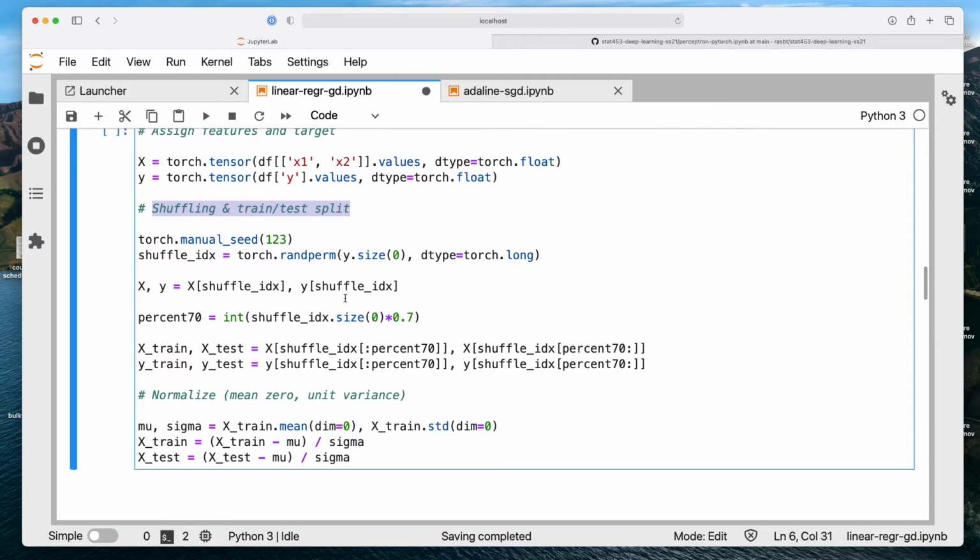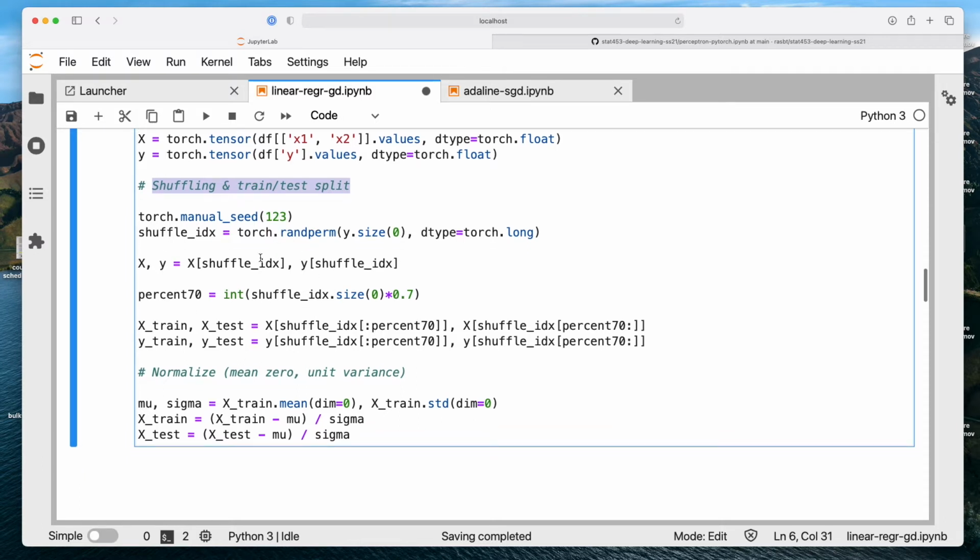Later we will be using so-called data loaders when we use more complicated data sets like large image databases, where we have then some automatic functions in PyTorch that do these steps for us. Here I think it's sometimes good to just see how you would do that conceptually, like looking at the code to see what we are doing here. So what I'm doing here is I'm creating these shuffle indices. So let me show you how they look like.